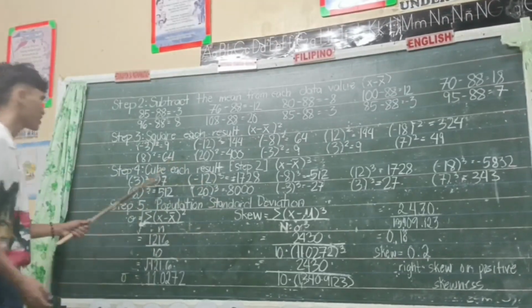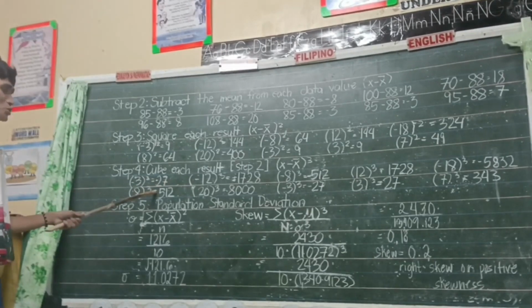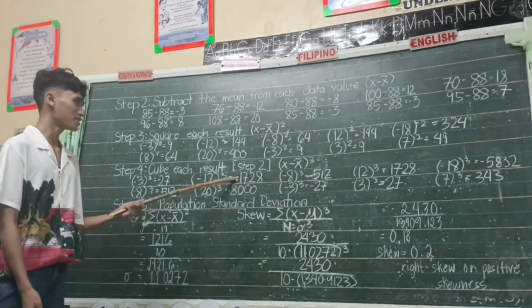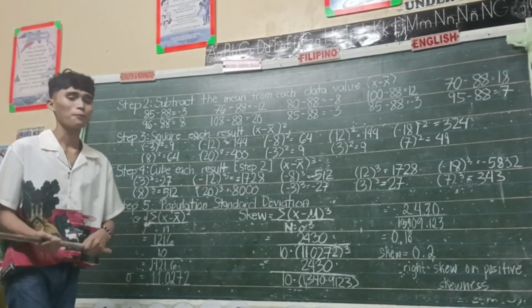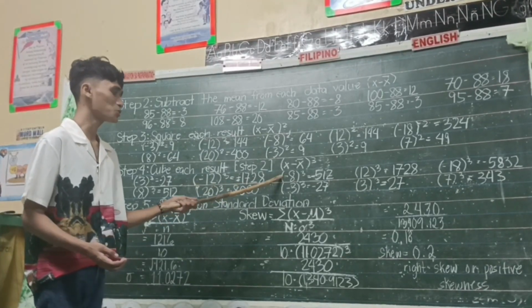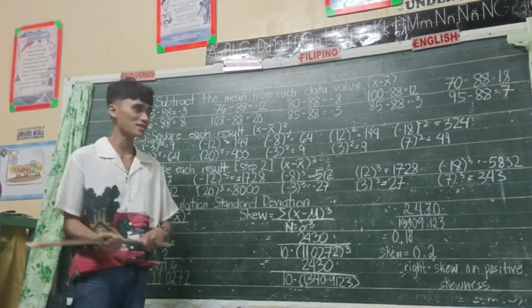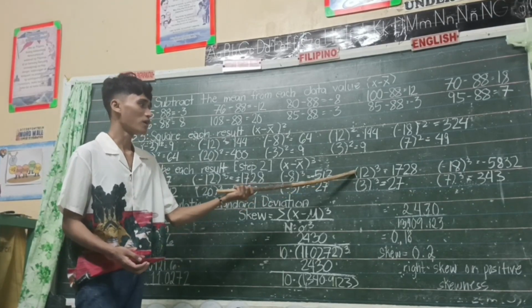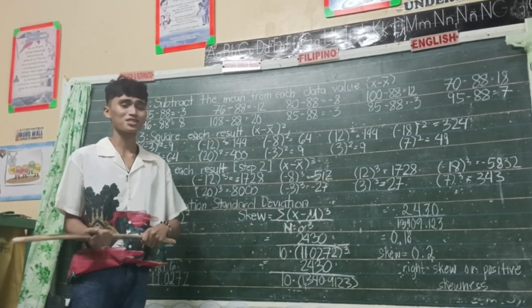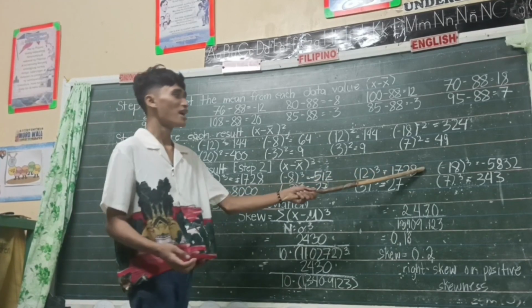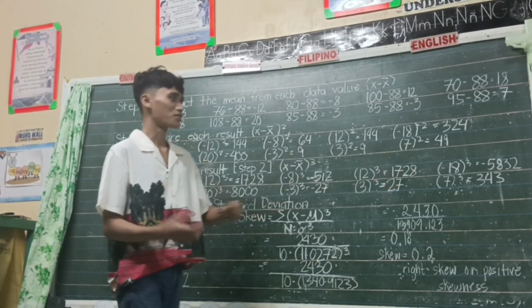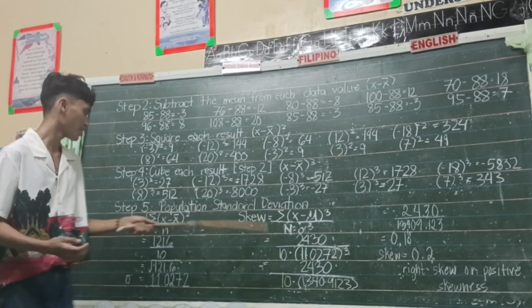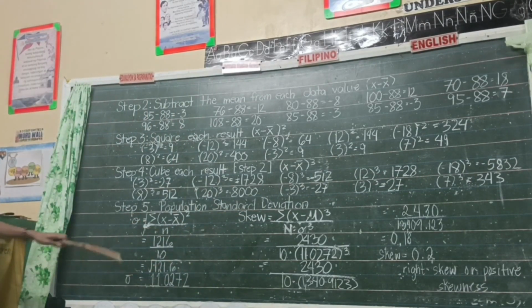First, negative 27 plus 512 plus negative 1728 plus 8000 plus negative 512 plus negative 27 plus 1728 plus negative 27 plus negative 5832 plus 343, and the result is